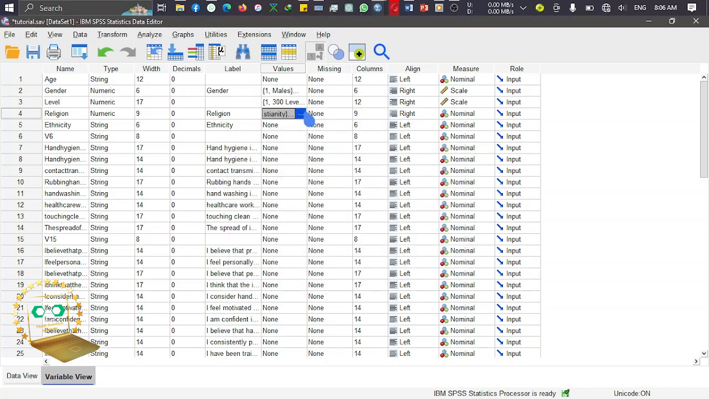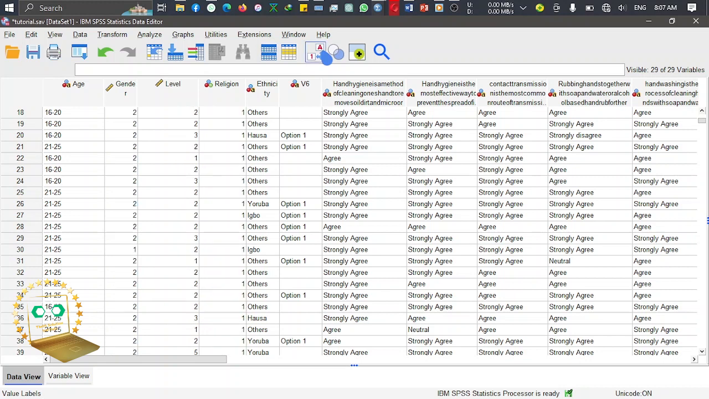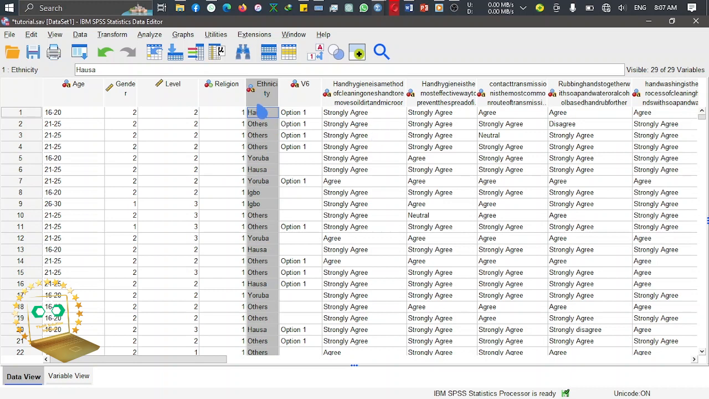So we have defined these values for the variables, and when you go back, you notice that you have a lot of Christianity. All the other ones that are not switching, they are not switching because we have not transformed them and we have not defined the variables. Okay, so the same thing you do with ethnicity,